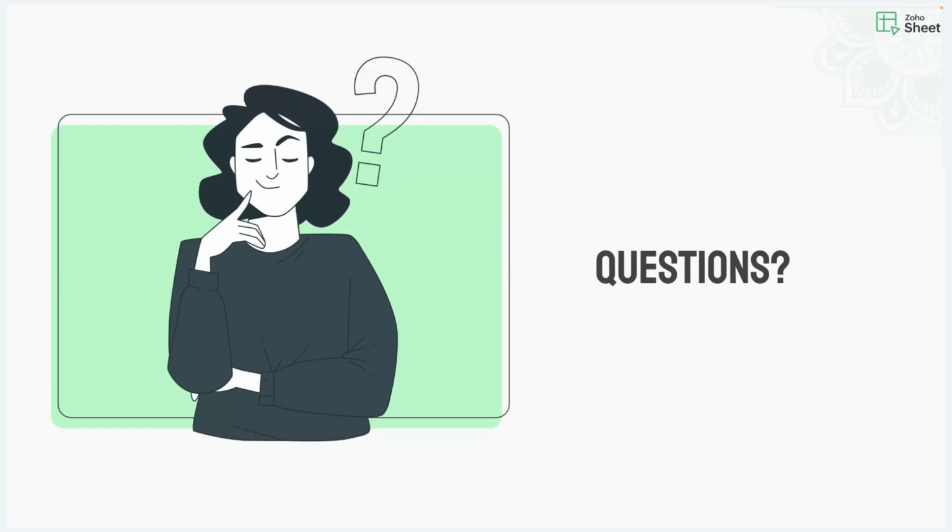Yes, and then we moved on to data validation, where I explained how to set criteria to maintain data integrity. We also covered conditional formatting to highlight key data points. After that, we dived into data visualization, exploring how to create various charts and sparklines to represent your data visually. In the last section, we introduced pivot tables for in-depth data analysis and Zia, the Zoho AI Assistant, for getting intelligent insights and recommendations. And we hope this webinar has provided you with valuable insights into using Zoho Sheet for data